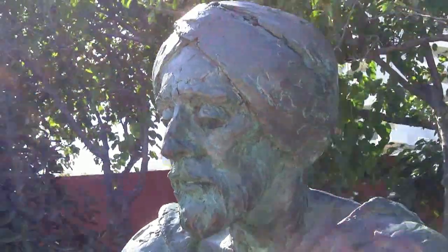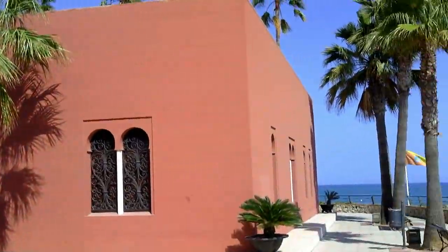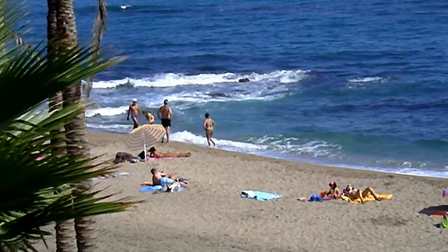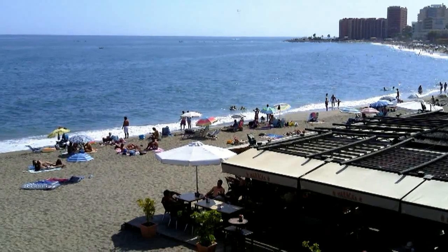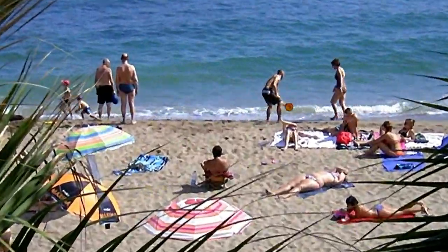He was a scientist, botanist, pharmacist and physician who travelled the Islamic world and recorded the discoveries made by Islamic physicians in the Middle Ages. He wrote a pharmaceutical encyclopedia and an encyclopedia of Islamic medicine, adding nearly 400 types of medicine to those known at the time. Playa de Bilbil has a very popular bar and restaurant, as well as kiosks selling drinks and